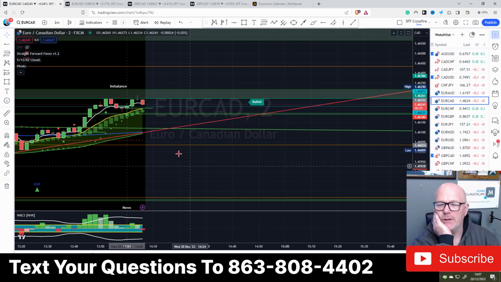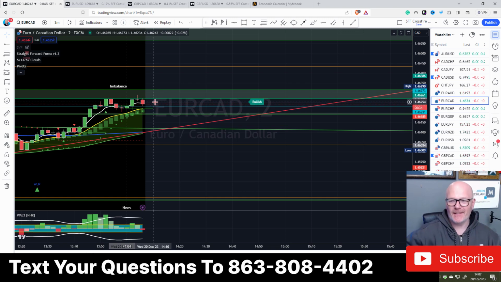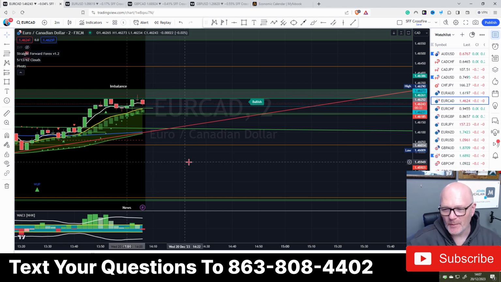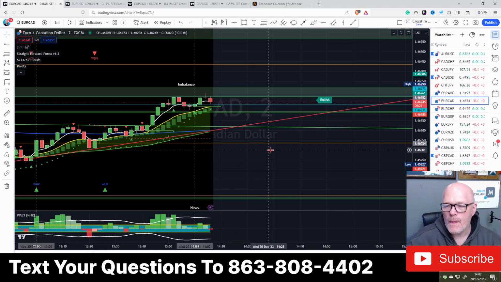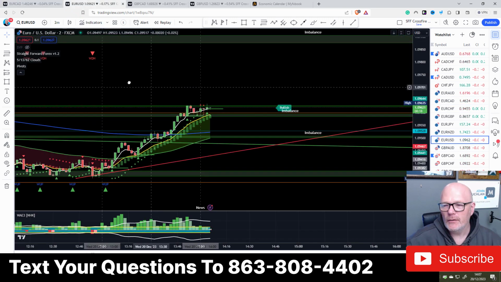Yeah. It wants to go, I'm sure. It wants to go past this line. It wants to take out this imbalance, but it's testing the area. And again, look, there's no volume in it, so it wants to go, but it ain't going yet. So that's Euro CAD. Euro USD,